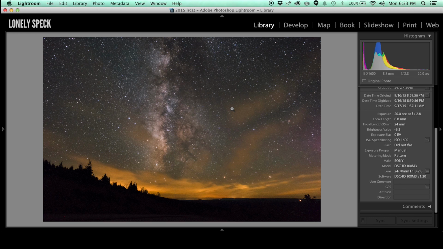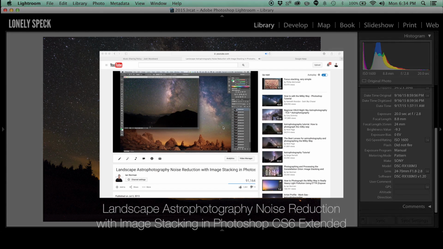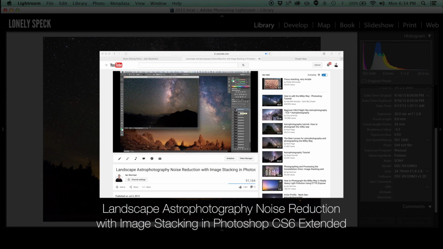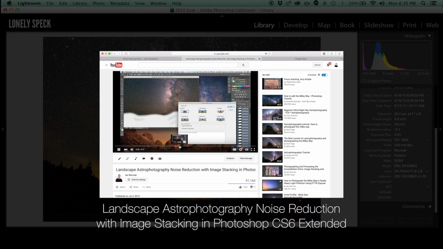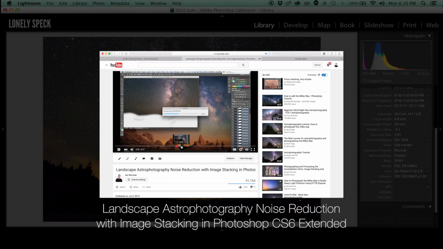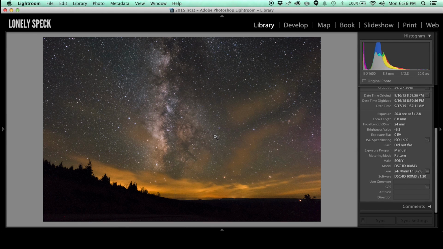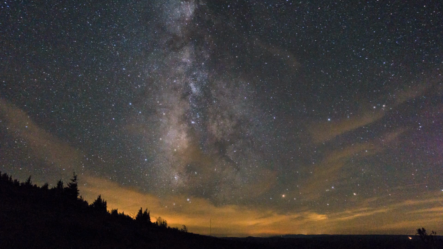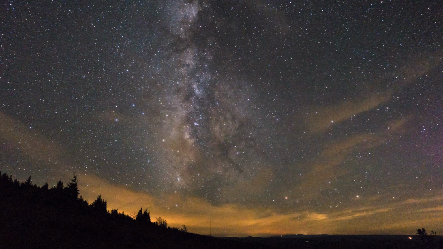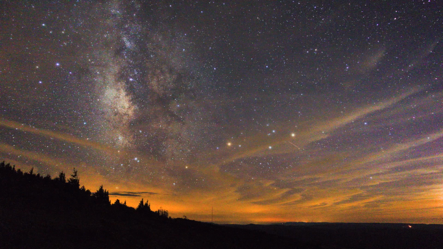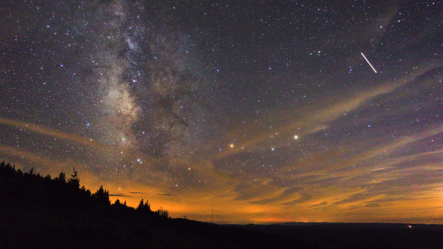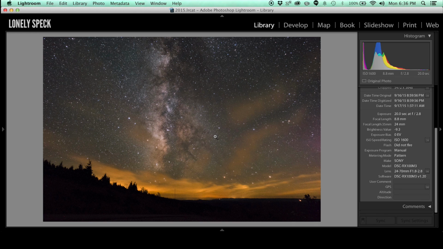Today I want to talk about a special method of noise reduction: image stacking for astrophotos. You may have seen one of my older tutorials on how to stack multiple images together in Adobe Photoshop, and one of the tools I talk about there is the Photoshop Auto Align function. Since we're exposing a bunch of different images of the night sky, and the Earth is rotating during our exposures, the stars appear to move across the sky for each consecutive exposure. So in order to properly stack the images to reduce noise, we first have to align all of the images